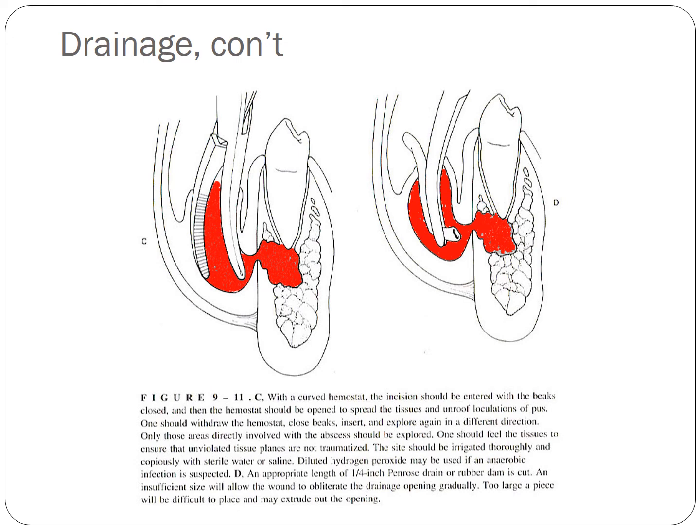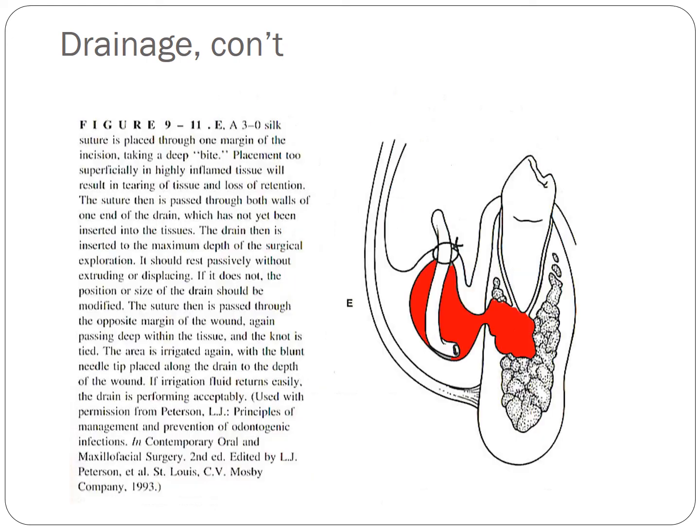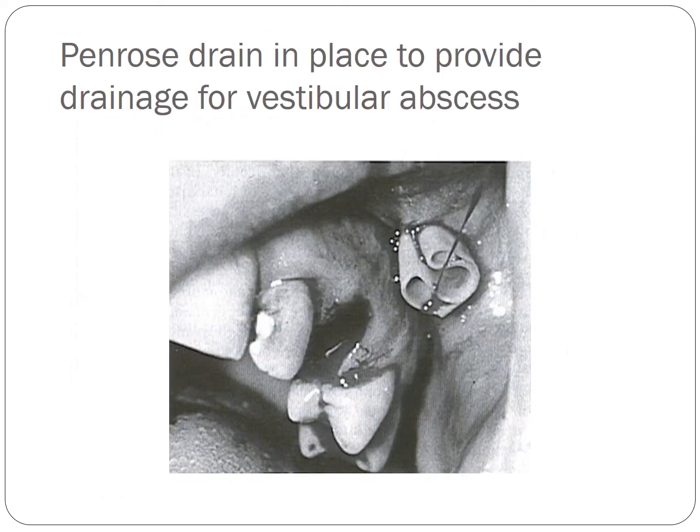And if there is any offending tooth adjacent to it, a grossly decayed tooth, and you're sure that the infection is arising from that particular source, get rid of the tooth, extract it out. That means you're removing the source of infection and the patient will recover fast. So yeah, that's where you can see they have placed the drain. Maybe for this tooth you can consult with an endodontist, see if endodontic treatment will be sufficient to resolve the periapical infection. So that's a Penrose drain in place to provide drainage for a vestibular abscess.